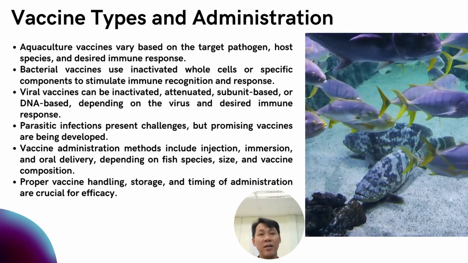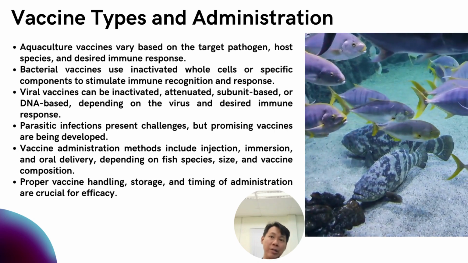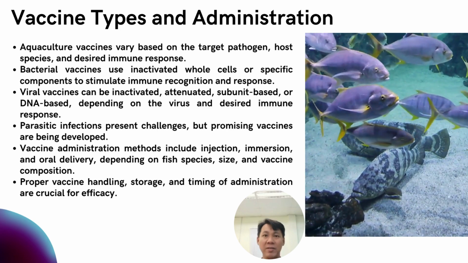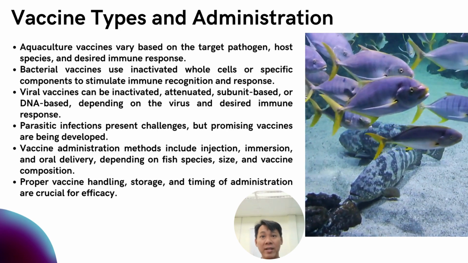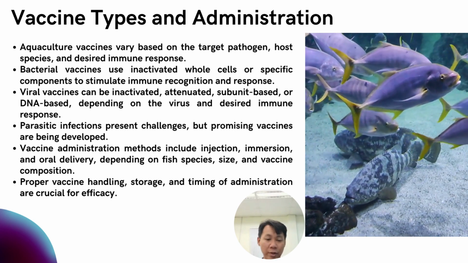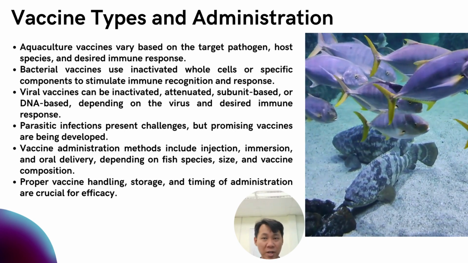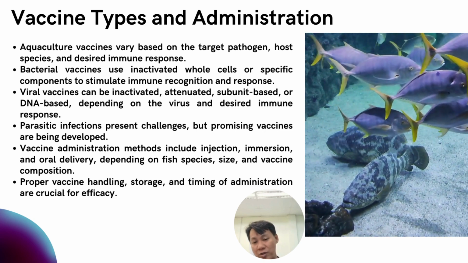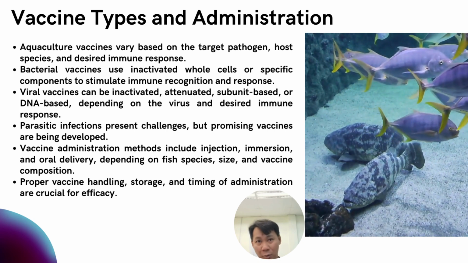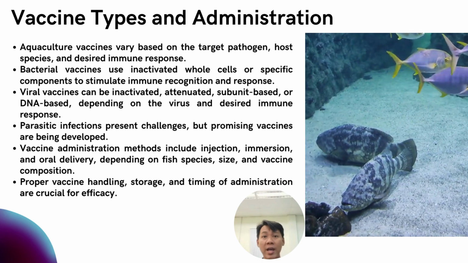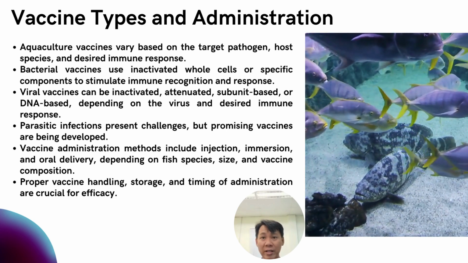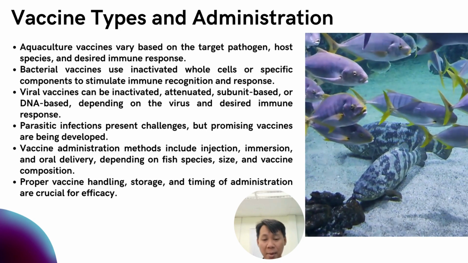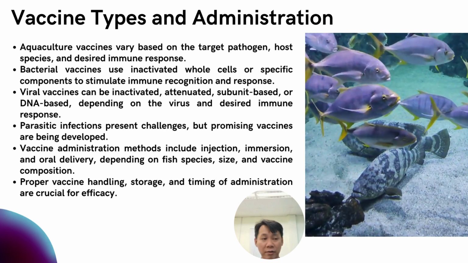We're going to the vaccine administration. Methods include injection, immersion, or oral delivery, depending on the fish species, fish size, and fish composite. Injection is typically used for the larger fish, while immersion or oral delivery is used for the smaller fish or the species that are more sensitive to injection. Each administration method has advantages and disadvantages, and the selection of the method depends on a factor